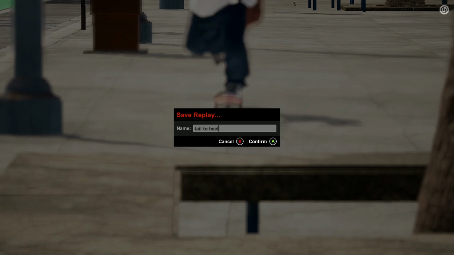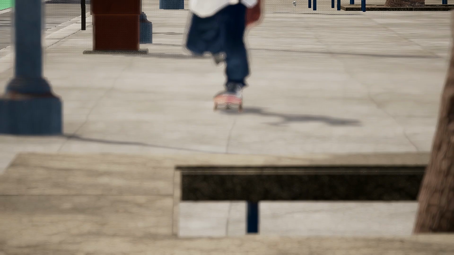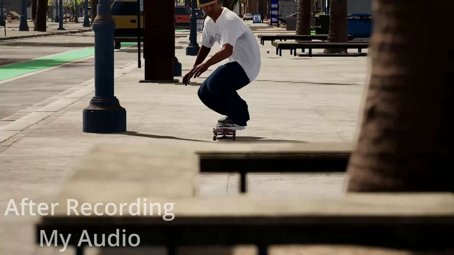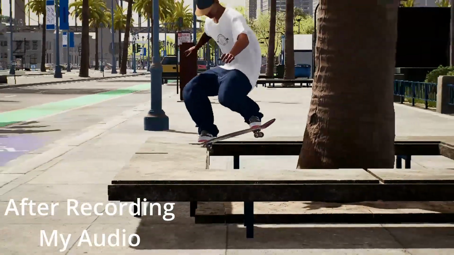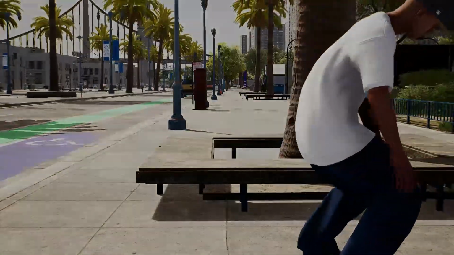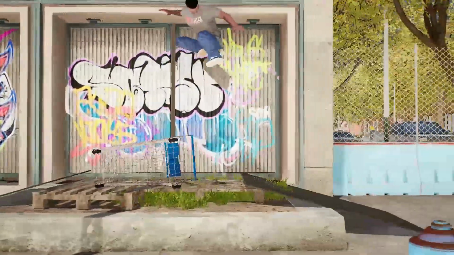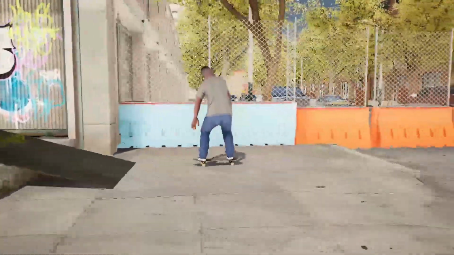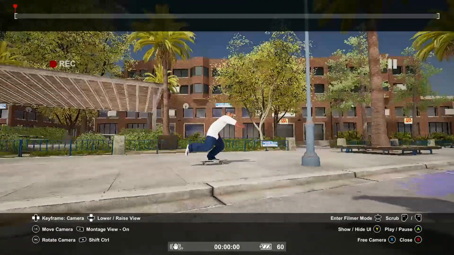Alright. So, yes, override it. Because I'm not going to record it with it being laggy like this and me also recording my audio. So now let's find a new angle to play with for the actual execution. I like using that. I used this angle before already for another trick. And the key to me getting everything down here is,